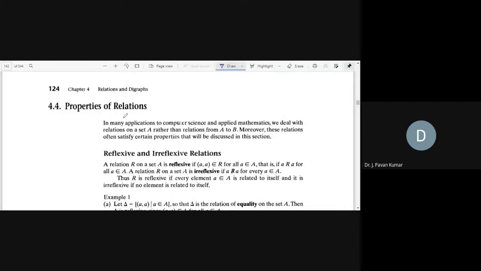In the last class, we discussed properties of relations. Prior to that, we saw what is meant by a relation and some examples of relations. A relation R can be defined like this: (A, B) belongs to R if and only if (IFF) the condition holds, for example A less than B. This is one example of a relation. We can have A less than or equal to B, or A greater than B. Like this, we can define some condition so that A and B are related.